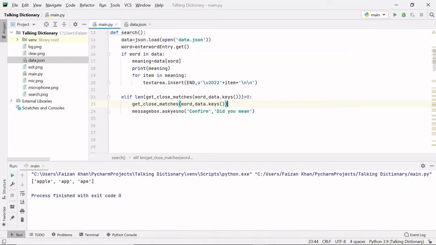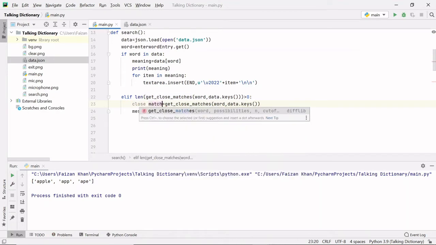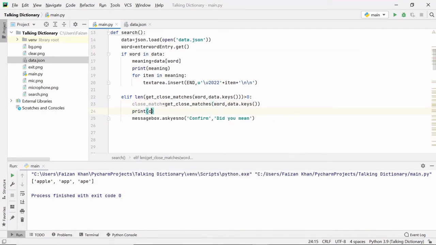So this get close matches will return us a list, and I'm going to store that in some variable, close match, like this. Okay, and I don't have to put a space in between the underscore. Let me just print this close match so that you guys can understand what this close match is storing. Let me just remove this line for now